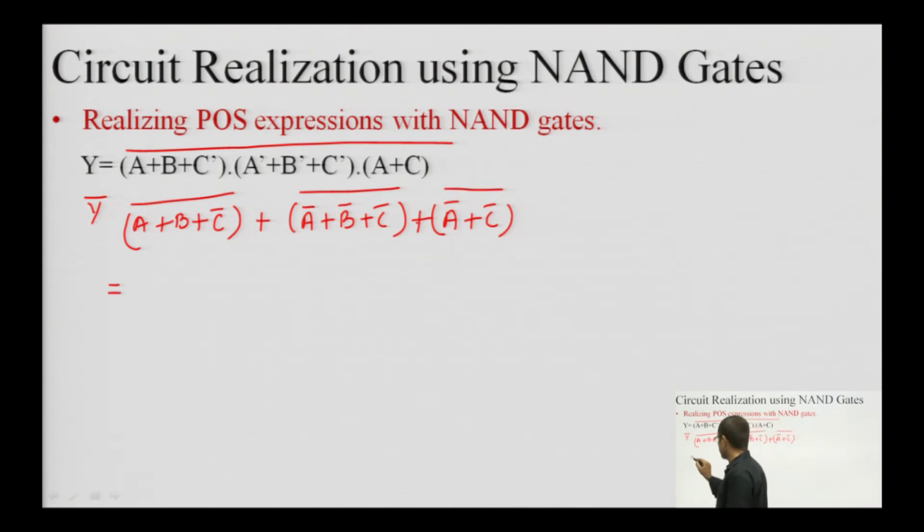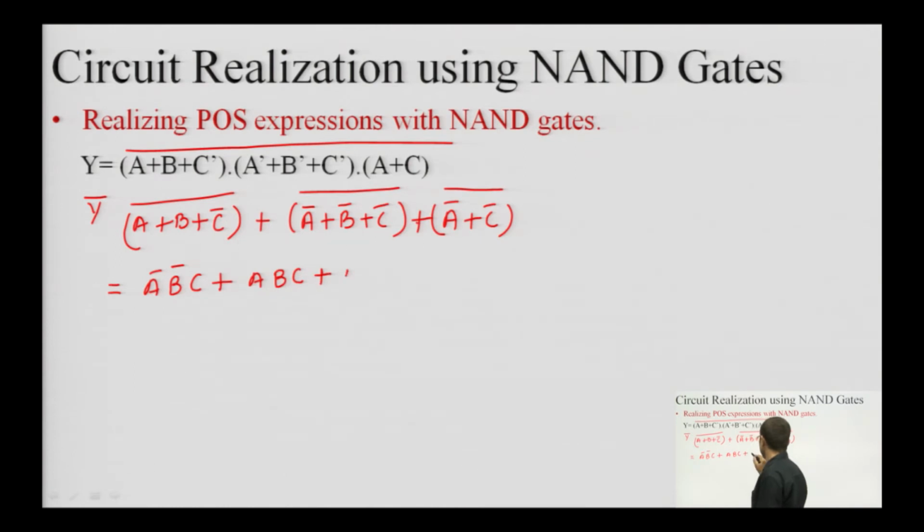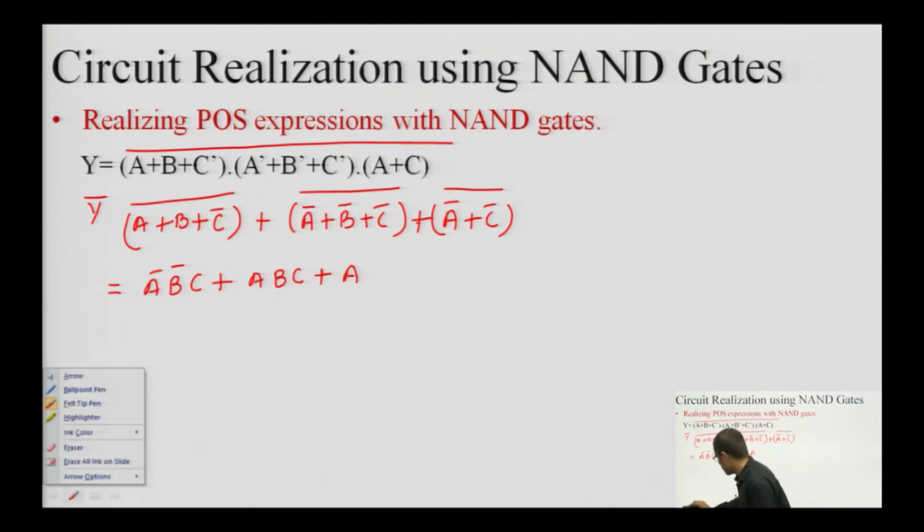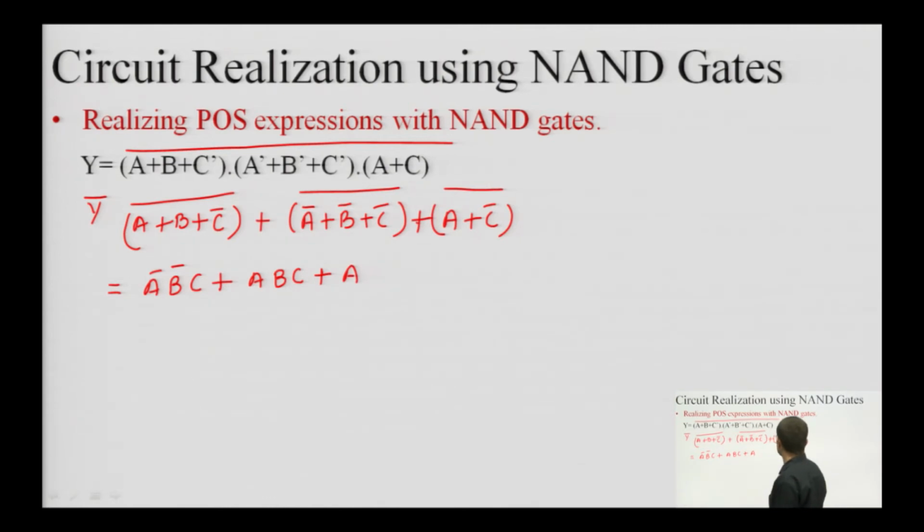Now, further applying De Morgan's theorem, I will be getting A bar, B, B bar C. Similarly, here A B C, and the third term will be A. We have to complement this one. By mistake I have placed bars here. These bars are not required because they are plain variables A and C. So, it will be giving me A bar dot C bar. So, this is now an SOP looking expression, but this is in the form of Y bar.